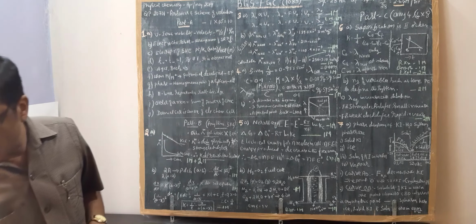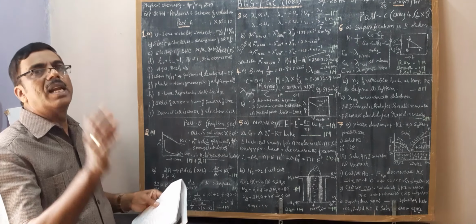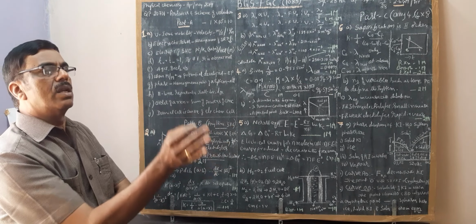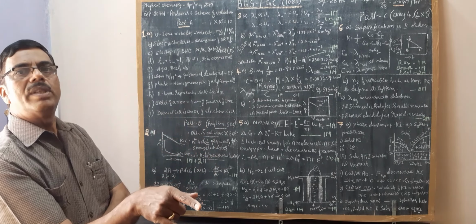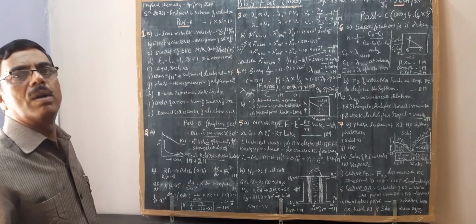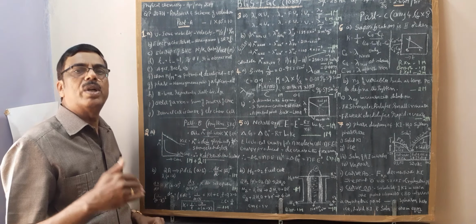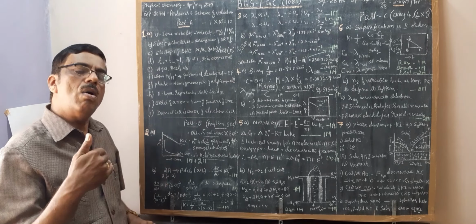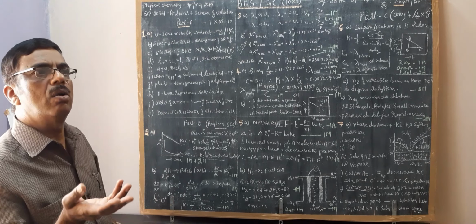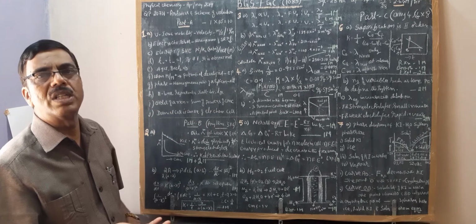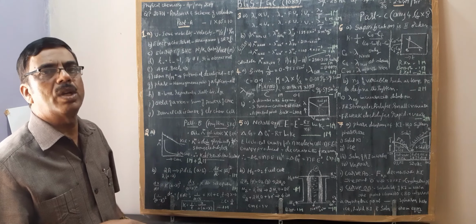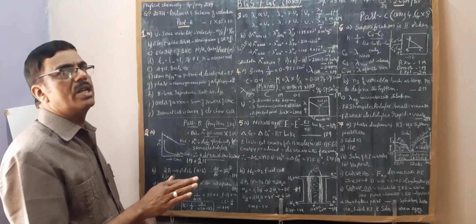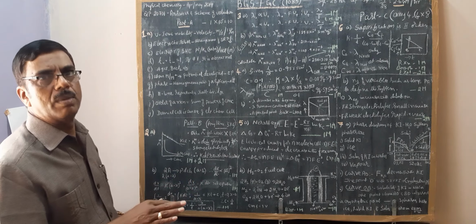Similarly, second question, what is electrochemical series? When a metal is in contact with its solution, a potential will be developed due to solution pressure. That potential is called electrode potential. Some electrodes undergo oxidation, some undergo reduction. Therefore, oxidation potential is there, and also reduction potential is there. So you have to convert oxidation potential into reduction potential by changing the sign.